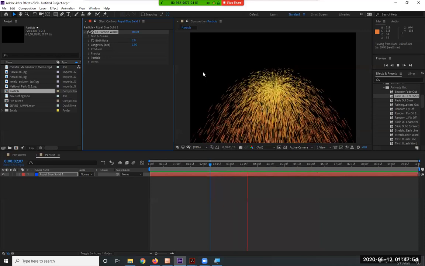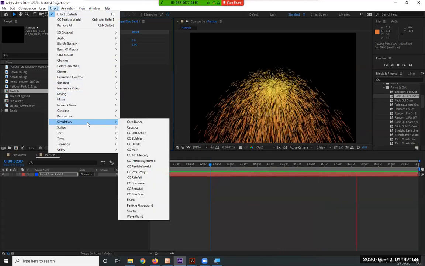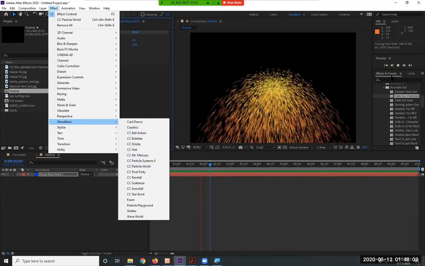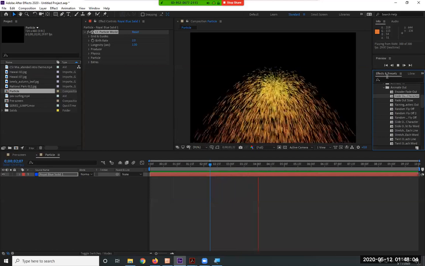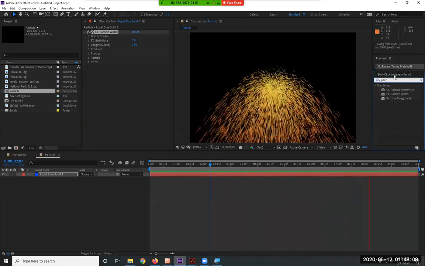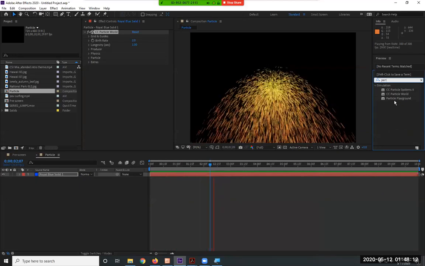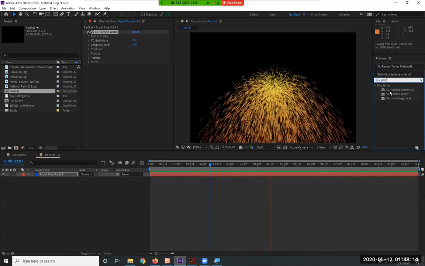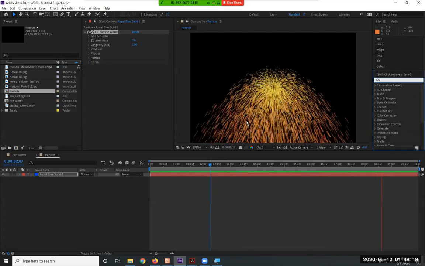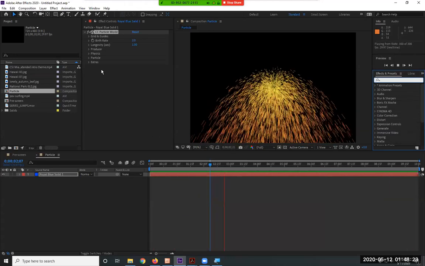How to find CC Particle World. Effects, Simulation, CC Particle World. And don't forget also under your Effects and Presets area on the right hand side, you just go and there it is, which shows the 3 different built-in particle systems: Particle Playground, CC Particle World, and Particle Systems 2. The original CC Particle World is still, I think, one of the more powerful things to use. Anyhow,